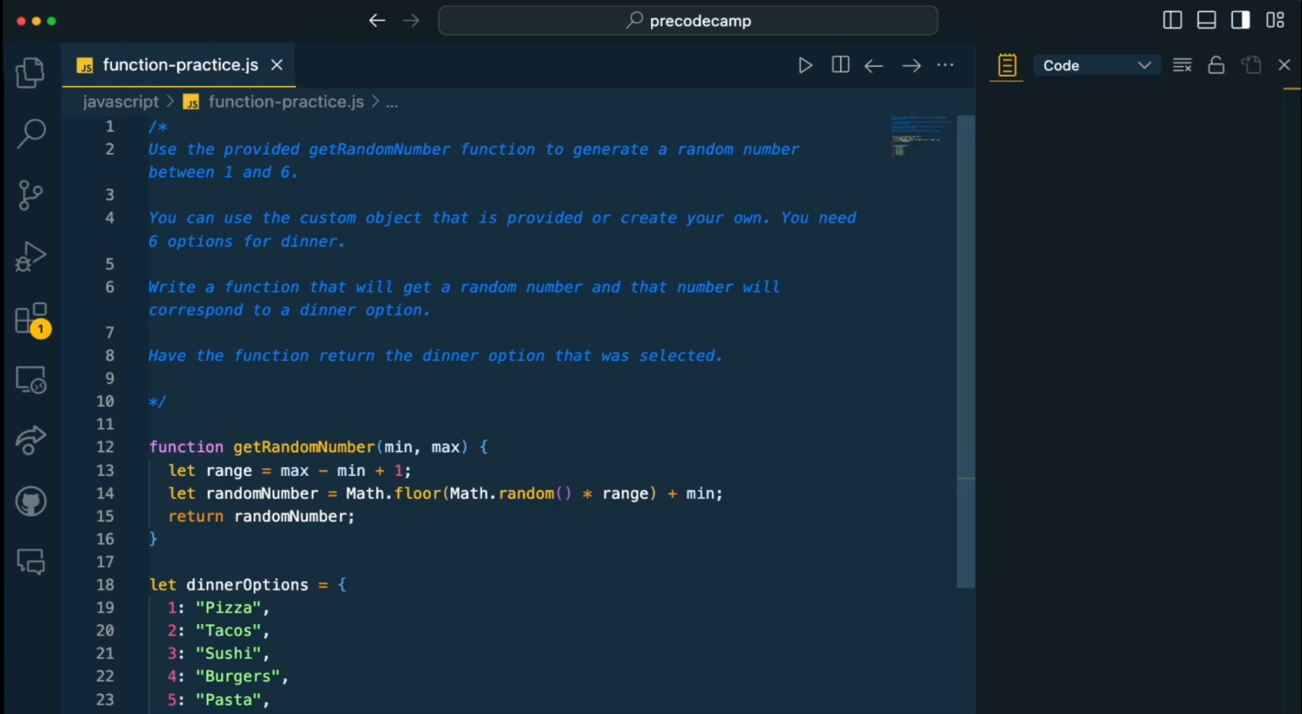I'm with precodecamp.com, and in this video we got another great challenge exercise for you if you're just learning JavaScript. A great way to practice what you're learning. Anyways, we have provided you with a random number generator as well as an object here, and I'm going to